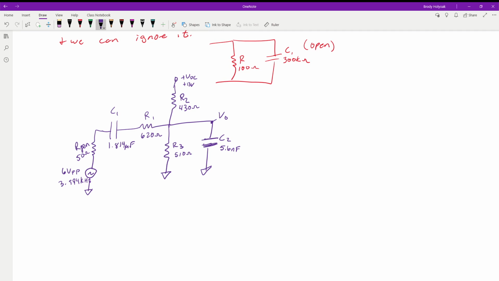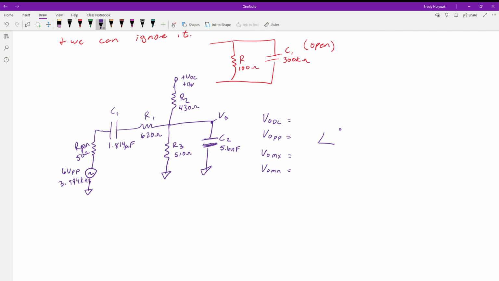Let me get my list. We want to know the voltage out DC. We want to know the voltage out peak to peak with its phase angle. And then we want to know our V out max and our V out minimum. So basically we're identifying how much DC voltage do we have in the circuit, what's our total AC portion of the circuit, and then we want to know what's the max voltage we reach and the minimum voltage we reach after we apply our AC signal on top of the DC signal.